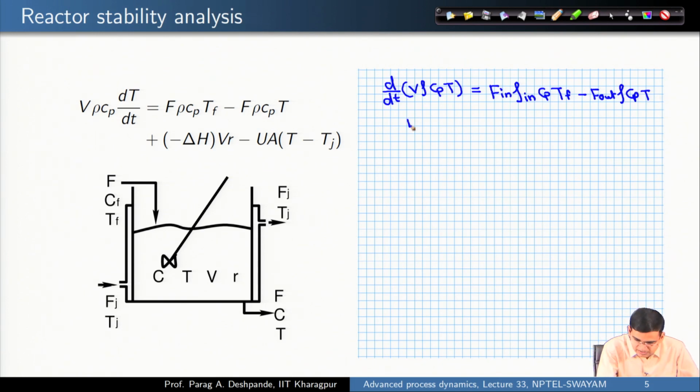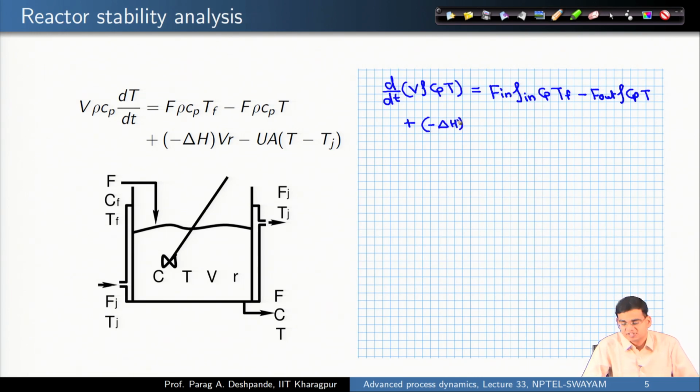Plus, now there would occur an energy change in the system because of the reaction. The reaction can be either endothermic or exothermic. So, if the reaction is exothermic, energy would be added to the system. If the reaction is endothermic, the energy would be extracted by the system, and therefore, depending upon that you will have either positive or negative sign for delta H. So, minus delta H